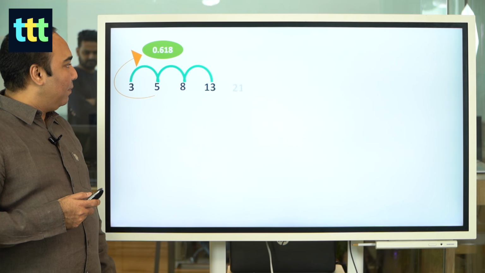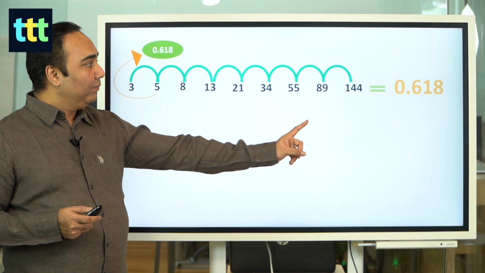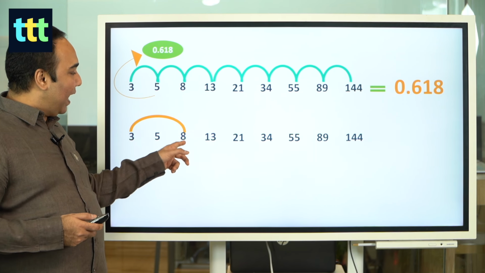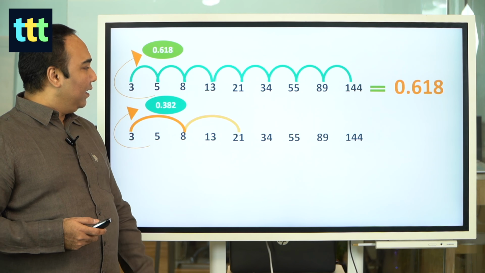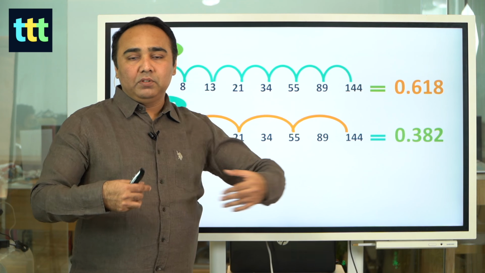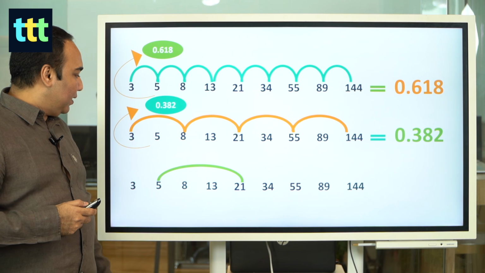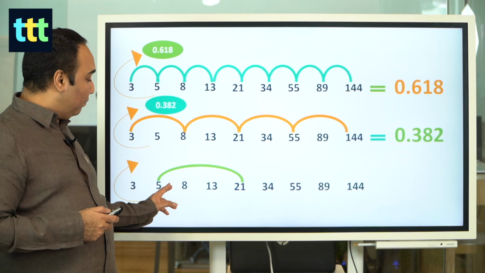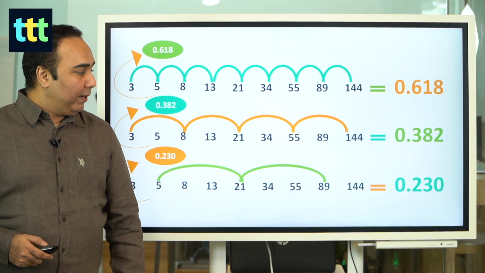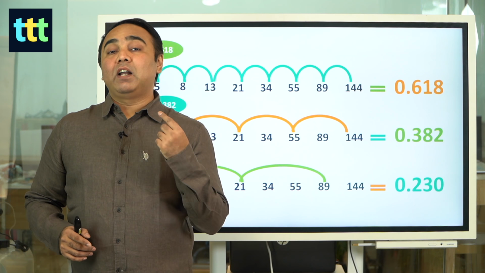So if you go by consecutive numbers and divide them, you get 0.618, which is 61%. Now if you divide by an alternate number, 3 by 8, 8 by 21, then we get 0.38. Now what you see is 0.38 plus 0.61 joins to 1. So the total is 1. Right? And then one more: if you divide two alternate numbers, 5 by 21, 8 by 34, 21 by 89, you get 0.23. So these are the three ratios which are used in Fibonacci retracement,